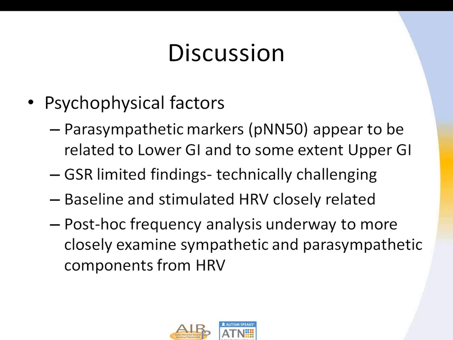I would comment that the baseline and stimulated heart rate variability aspects are very closely interrelated, and I would suspect that what is going on there with those findings is that if somebody is maximally sympathetically stimulated, they may have reached a ceiling, and therefore this would impact how much change can occur with stimulation. And so we're driving this with subsequent analysis. We're going to drive it based on parasympathetic being the obligate primary factor in the regression analysis, since that would seem the most appropriate given this setting.